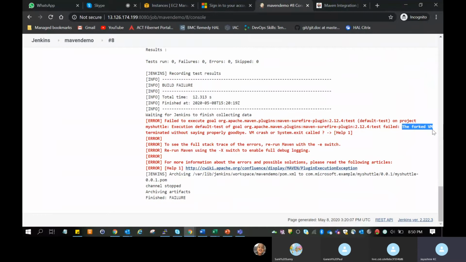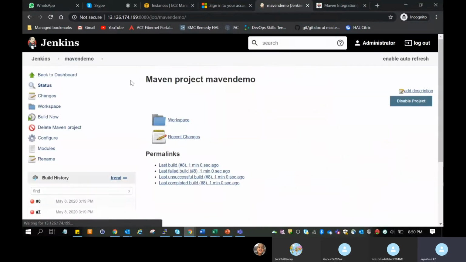One second. Why is it giving, wait. Test failed. Okay, that's fine. Give me a second. Go to the result, like go to Maven demo. Is it giving us any history? Oh no, it is not giving any artifact. Wait.